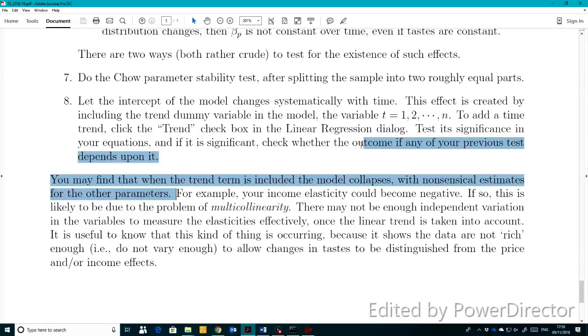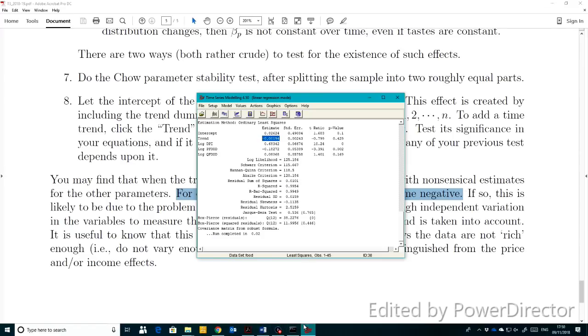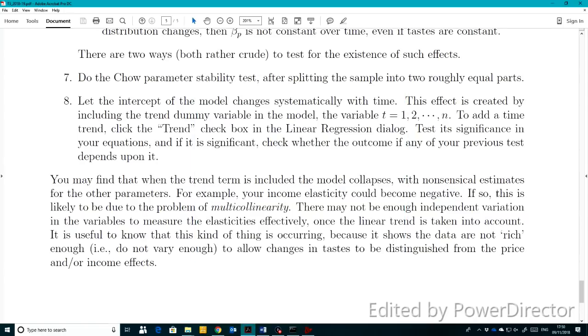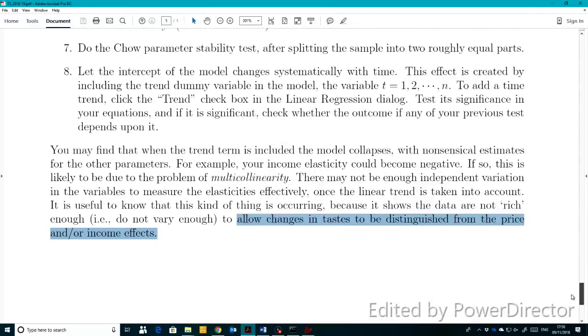For example, your income elasticities could become negative. You can see that some of the income elasticities become negative, right, which is p food. If so, this is likely due to the problem of multicollinearity. There may not be enough independent variation in the variables to measure the elasticities effectively once the linear trend is taken into account. It is useful to know that this kind of thing is occurring because it shows that the data are not rich enough. That means that they do not vary enough to allow changes in taste to be distinguished from the price and or income effects. So in this case, we have finished your second assignment, and I hope you can write a good